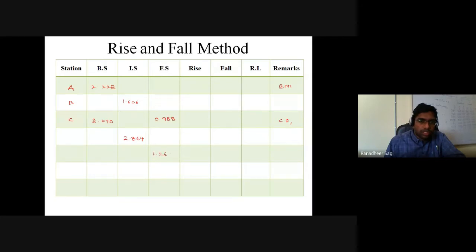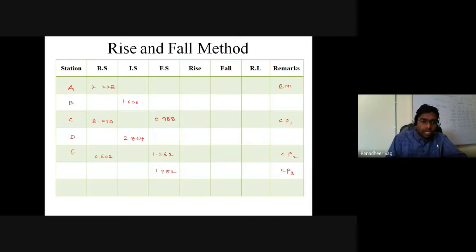1.626 is indicating the shift in the instrument. So I will write it as change point 2, and these points are point D and point E. With respect to point E, you have the foresight, and subsequently we will also get the backside, 0.602. Then immediately after the eighth reading, there is a shift in the instrument. So the eighth reading comes under foresight, 1.982. This is your change point 3.